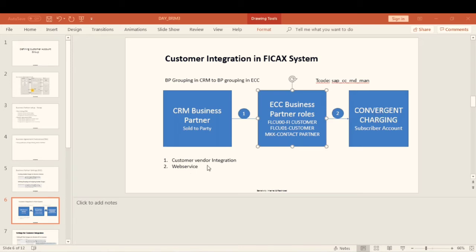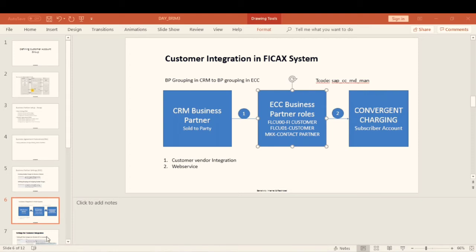If there are no web services, then we can go to this T code in ECC, SAP_CC_MD_MAN. We give the business partner and send it to the convergent charging system. This is one of the T codes to send a business partner from ECC to CC, and this can be used in ECC only if convergent invoicing (CI) functionality is added to the ECC system.